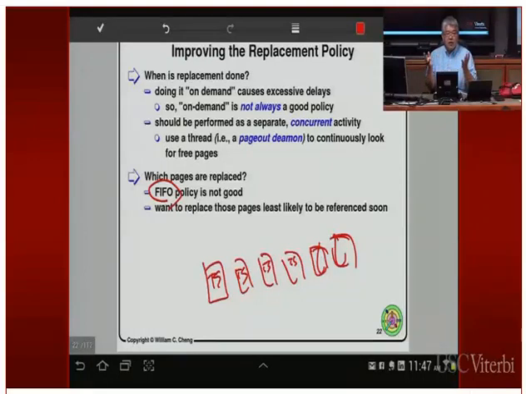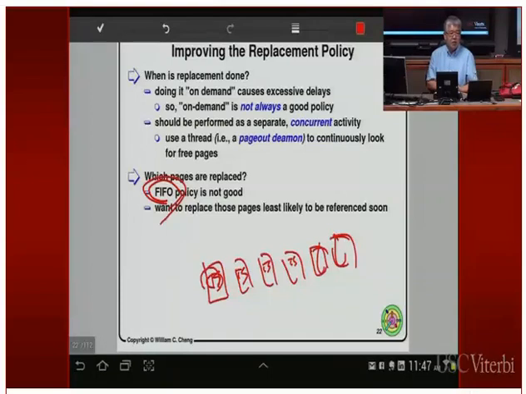Normally your processor is busy running user processes. It's really not doing the kernel stuff. So you can put a timestamp in when the kernel is in charge. And when is the kernel in charge? Well, when you get a page fault and stuff like that. So when I allocate a new page inside the kernel, at that time I know exactly what time it is, so I can actually put a timestamp on it. All right, but first in, first out is really not a good way to go.